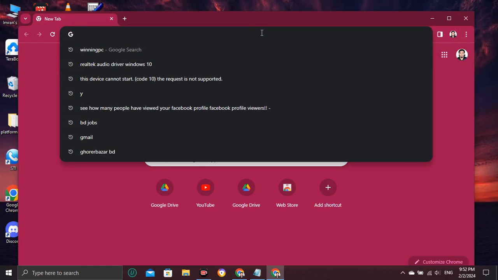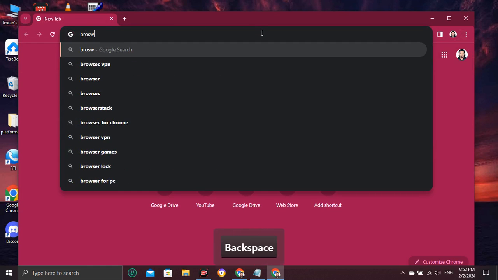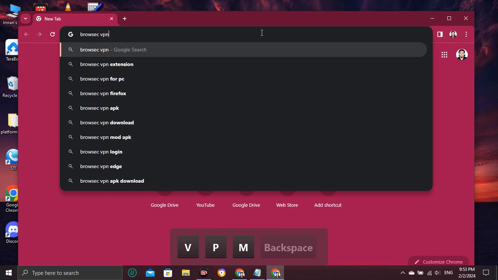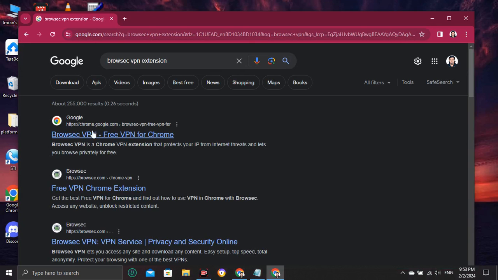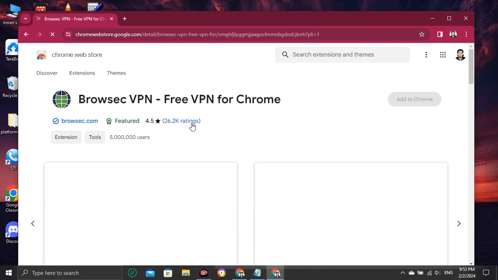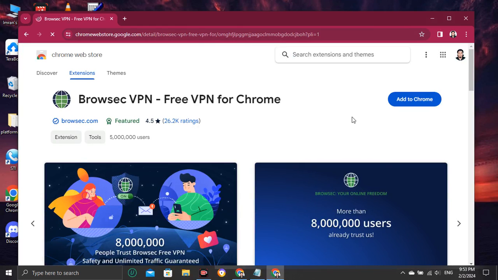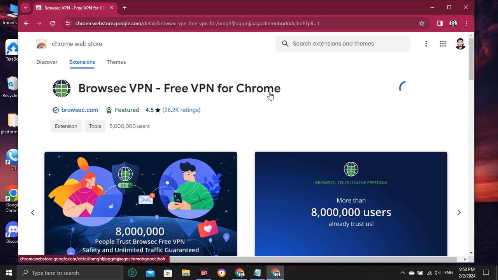Right here, browse VPN extension, this one. Click on this, click on first option, now click on add to Chrome, add extension,